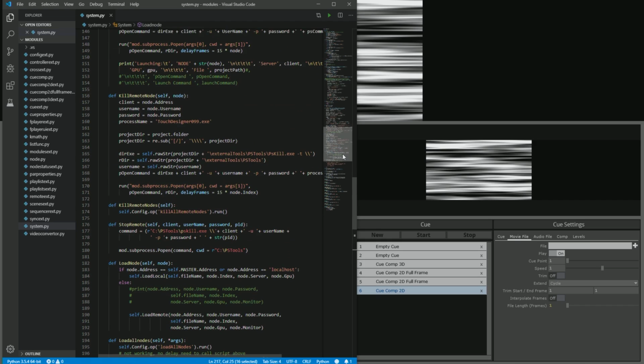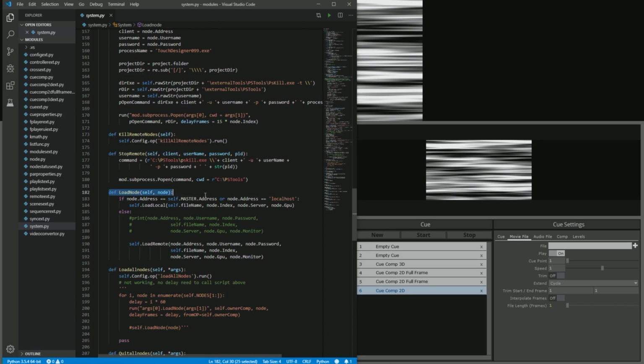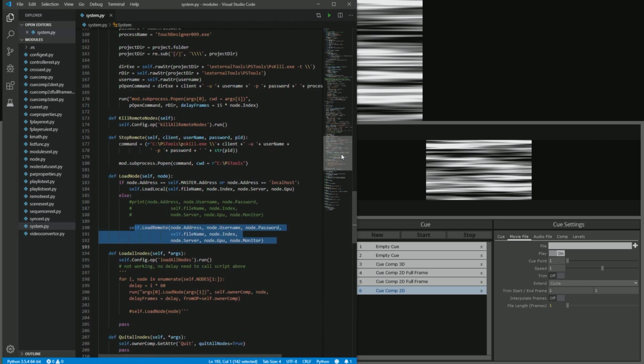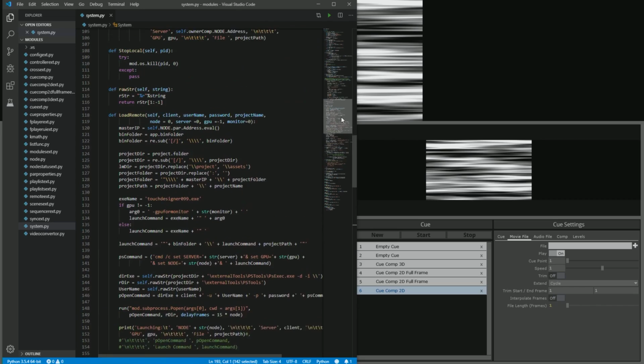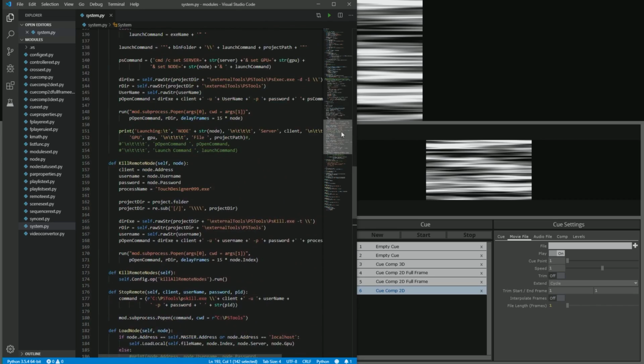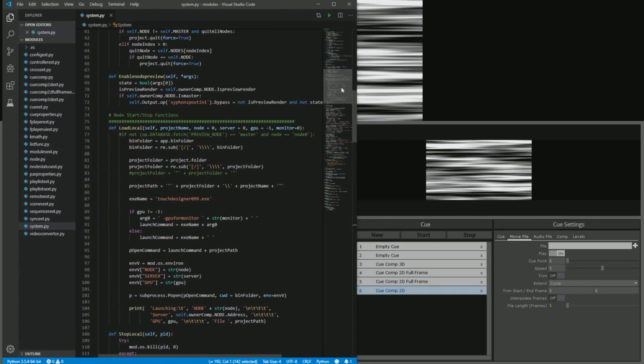So if we go to LoadNode, here we go. LoadNode: if node.address is equal to self.master.address or node.address equals localhost, load local. If not, load remote. I'll go through load local quick, and then we'll do load remote. So load local loads on the local computer. Here we go. Load local is pretty straightforward, but still has a little bit of